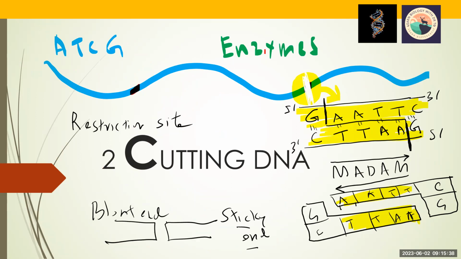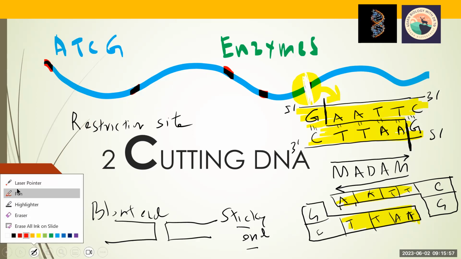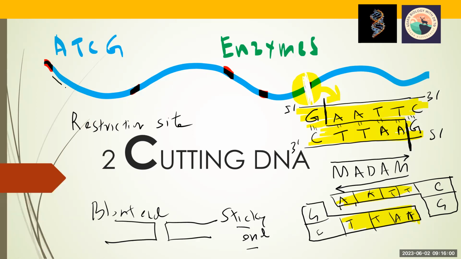Restriction endonucleases are enzymes, and they can identify restriction sites, because along the DNA molecule there are sequences called restriction sites. The restriction sites usually have different lengths between them along the DNA. So here you see this distance is shorter, this distance is longer. The distribution is random, and as a result we get different fragments, because if we use a restriction enzyme,